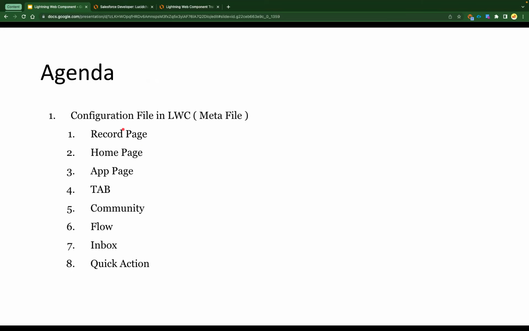So what we are going to cover today is a very important concept called the configuration file in Lightning Web Component. If some of you have already worked with Aura components, you might be familiar with the design component that is there in Lightning Aura component. Similarly, we have a configuration file in our Lightning Web component,